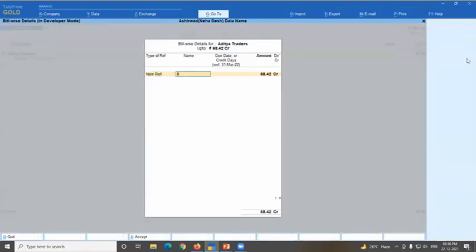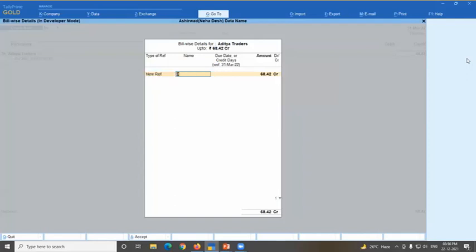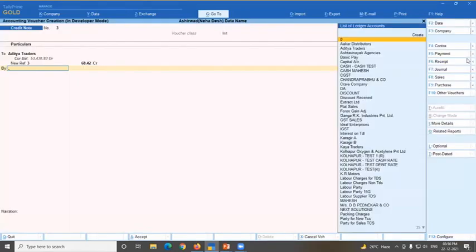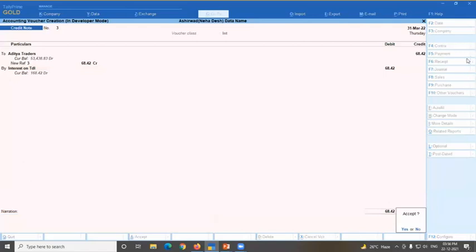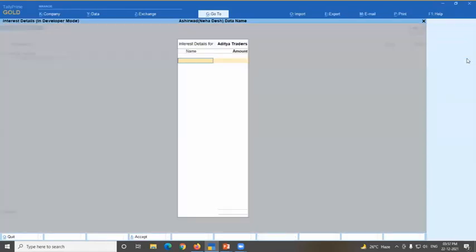It is not required to select. And against which reference you want to adjust, or whether you want to create a new reference, that is your choice. I can select new reference here. Everything is given by Tally, but we just have to know the configurations and settings. And now, as usual, you can select the interest account or whatever. I'm just selecting anything. And if I again pass a credit note to the party, see, interest does not occur here because that interest is posted.